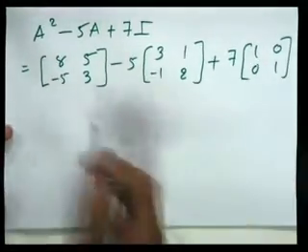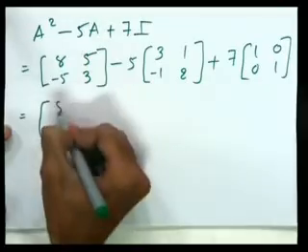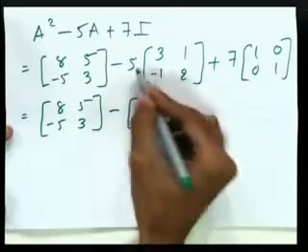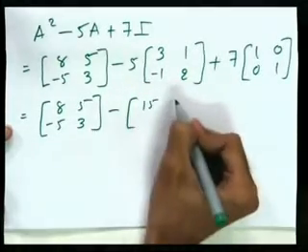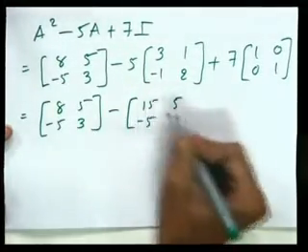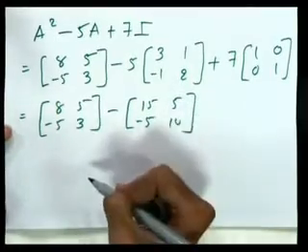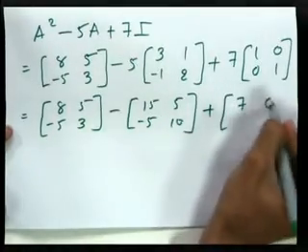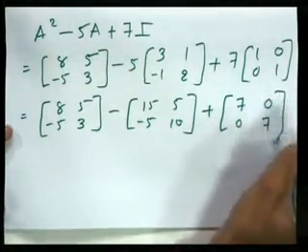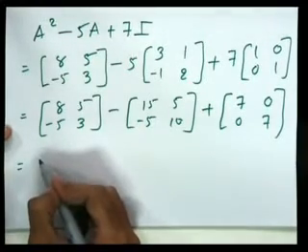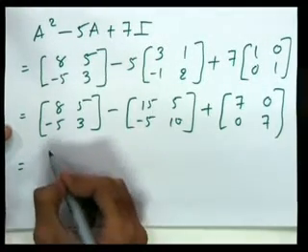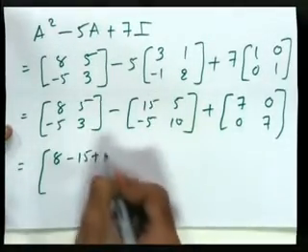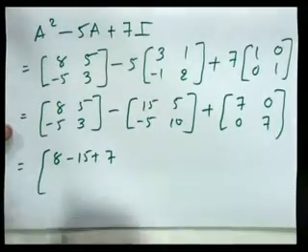So here it is equal to 8, 5, minus 5, 3 as it is, minus 5 into 3, which is 15, 5, minus 5 and 5 into 2, which is 10. So this is the scalar multiplication. Then 7, 0, 0, 7. Then after the addition and subtraction of these three matrices, we will get here 8 minus 15 plus 7,